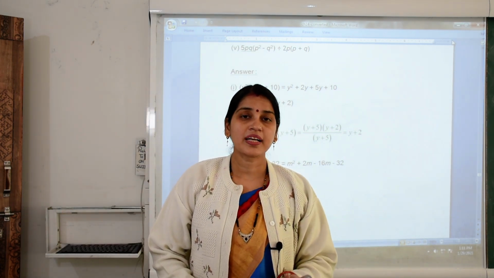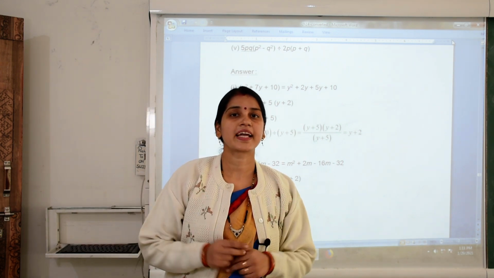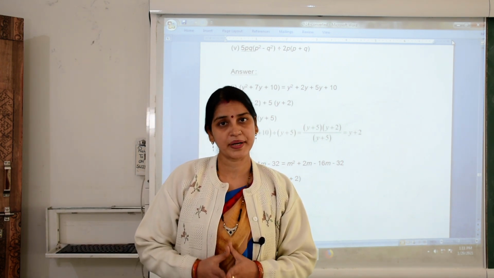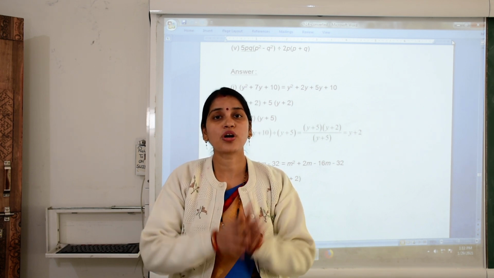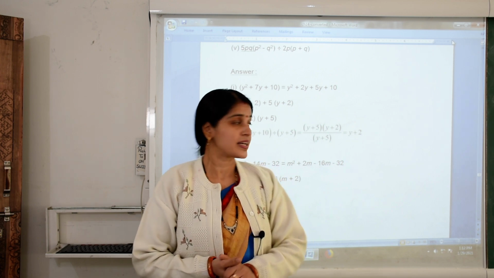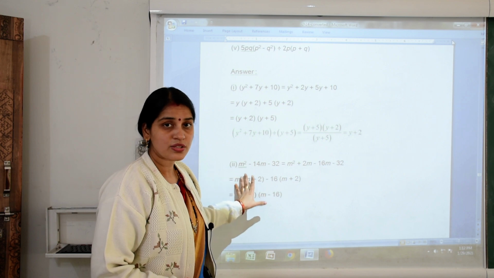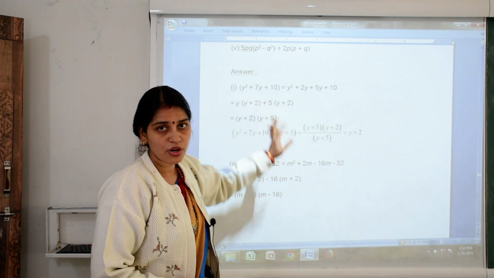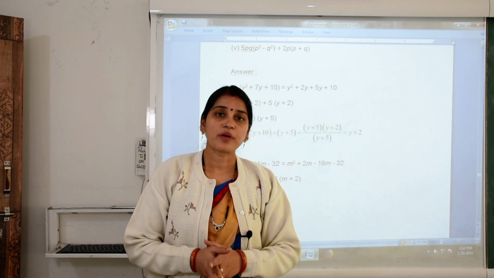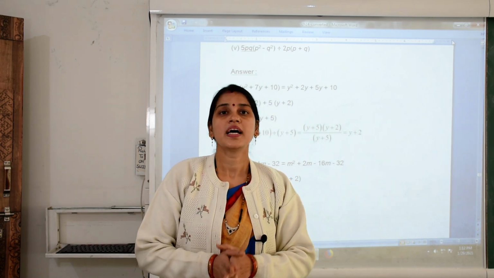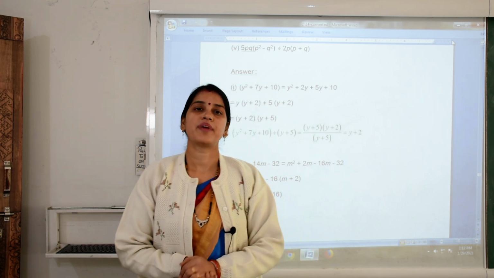So today you have learned 2 more methods, the identity method and second, splitting the middle term. Now you have to solve the questions based on all 4 identities. So this exercise also gets over. In this last question you have the sums based on these identities and splitting the middle term. So now you have to solve all the sums, and you have to apply these different methods of factorization.